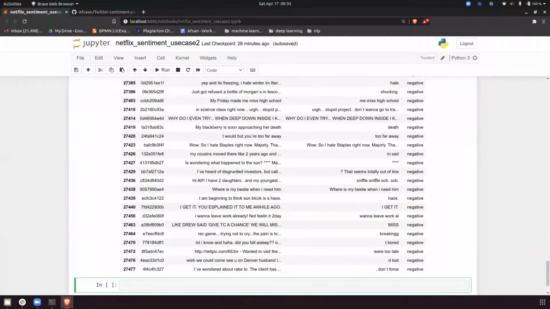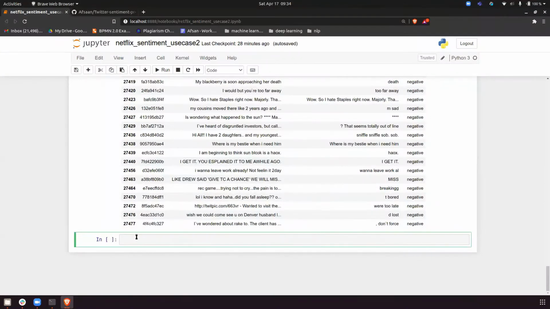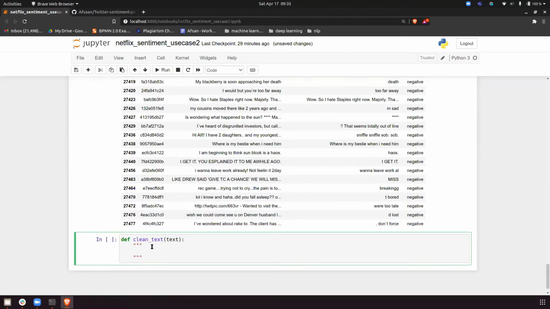So what I will do is I will create one function. Can anyone tell me what you mean by function? So I will define the function as text, and inside this I will pass a text. This is something called a docstring. Can anyone tell me what a docstring is? Something like comments, details. What is the advantage of using a docstring? It can help to describe what the function does.